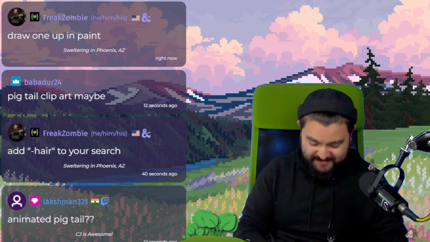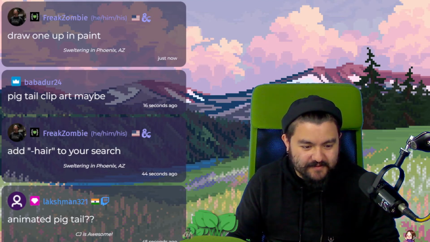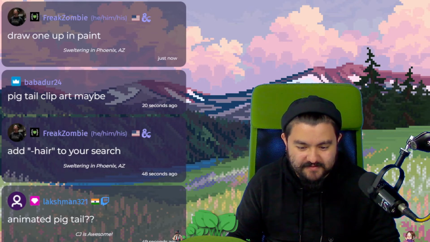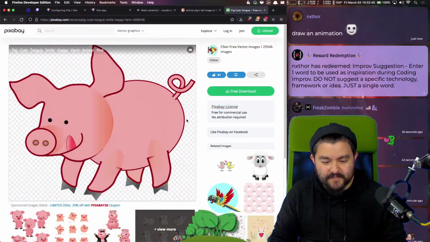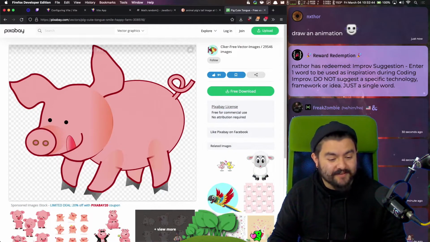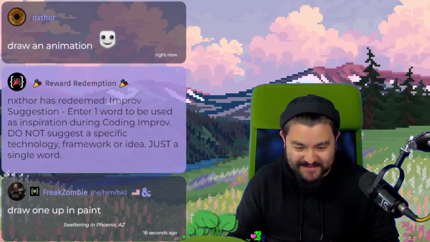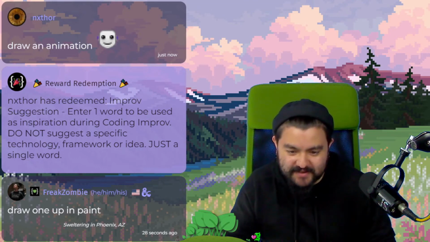But let's find ourselves a pig vector graphic. There we go. This is a good one, and then we can edit it. This also is free for commercial use, no attribution required. That's the pigtail we want. So I'm going to download this, and then crop it out, or edit the image to only get the tail.